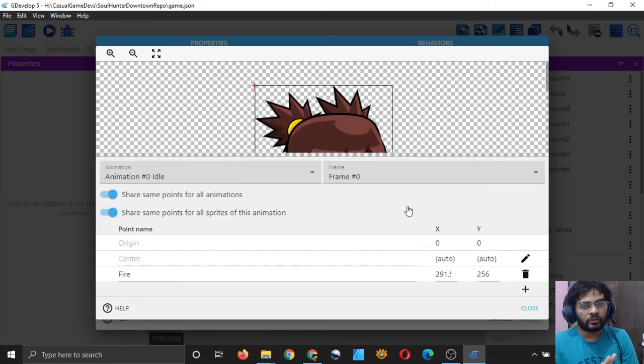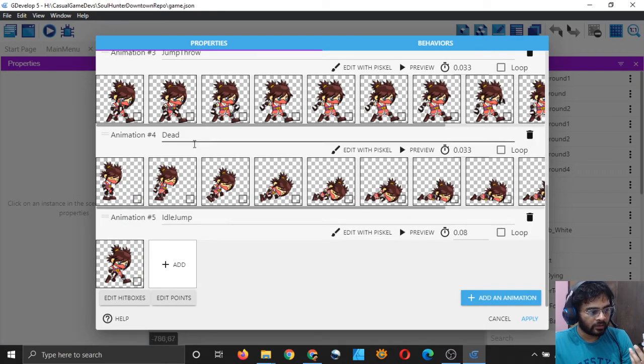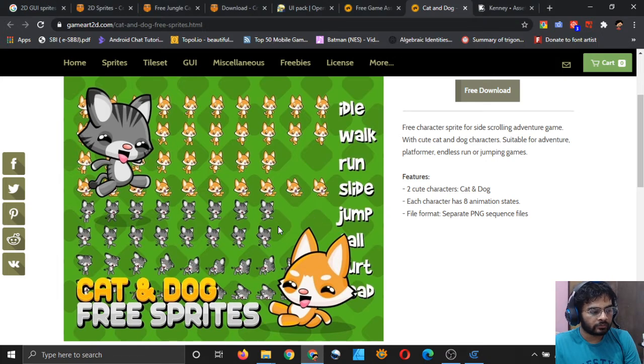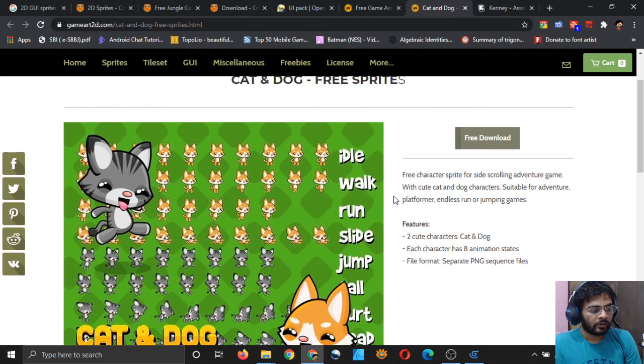You don't have to touch the code, you don't have to touch the names of the animations, just edit the points. Of course, change the pictures, replace these pictures with the new ones, but edit the points also, because your new picture is smaller than your old picture, right? So I will not do it because it's a lot of work. It will take some time to do, and I think you have understood how to do it.